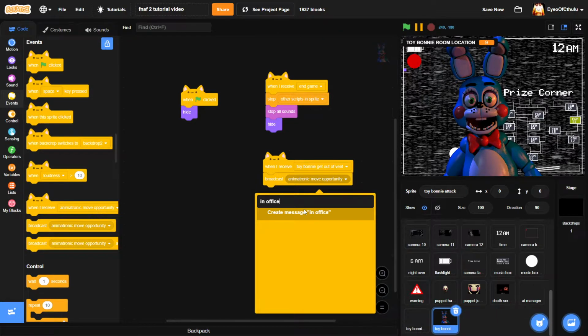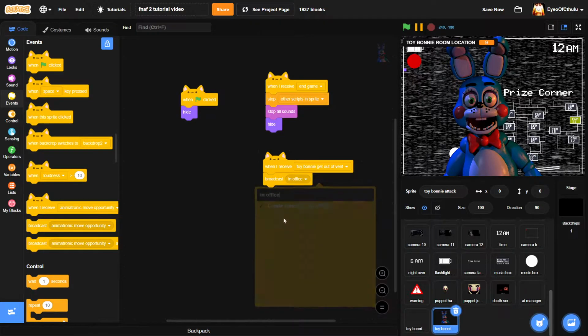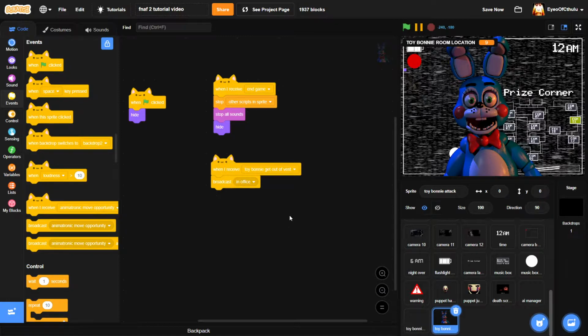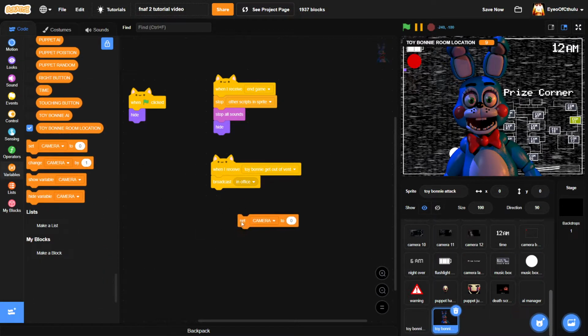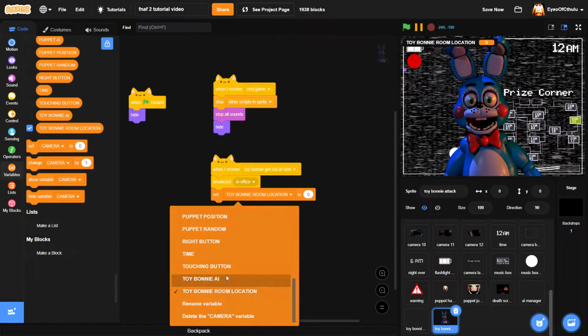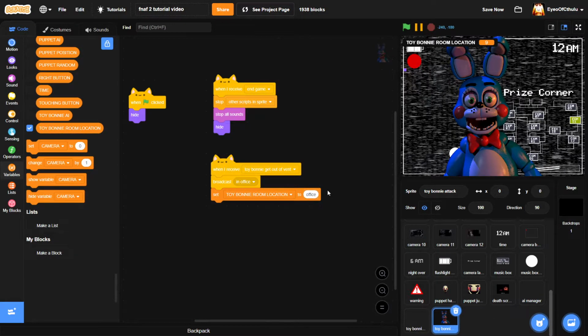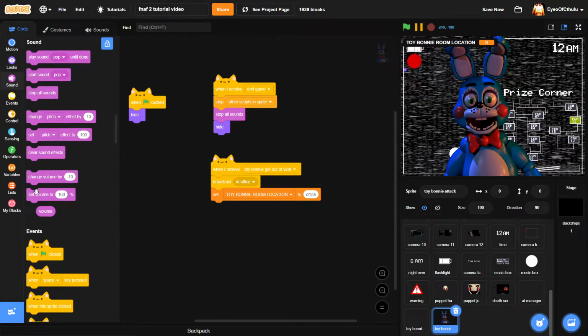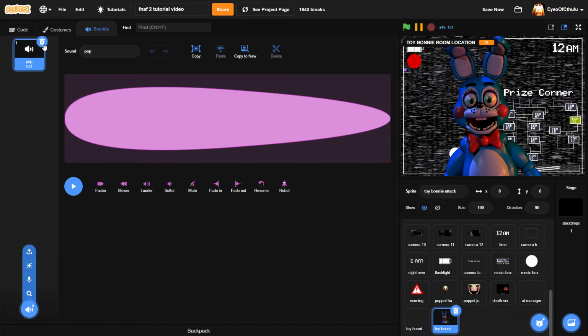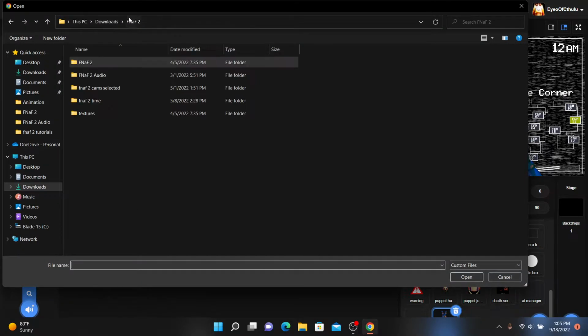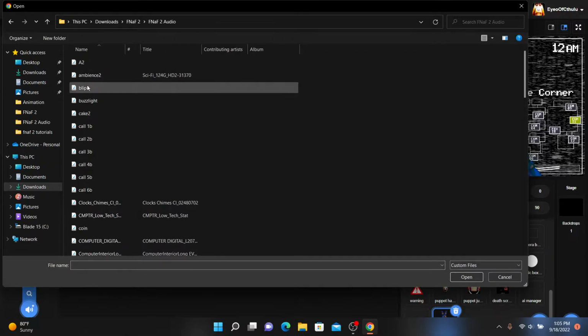What this is going to do is do the thing where it flashes across the screen, like you know how it goes black and fades into black and then goes across your screen. Yeah, in office. And then we are going to set Toy Bonnie room location to office. We're going to set volume to 100. We are going to start sound, get rid of pop, go to upload sound, FNaF 2, audio,